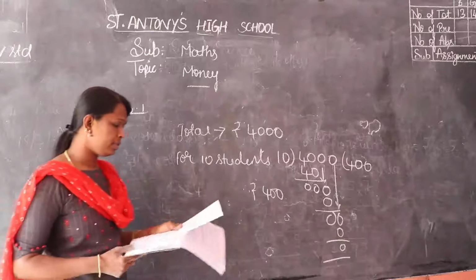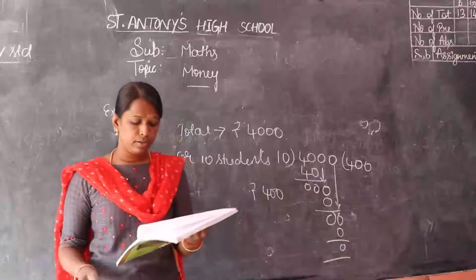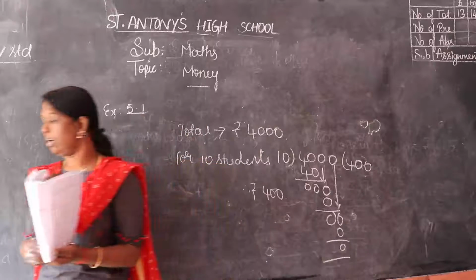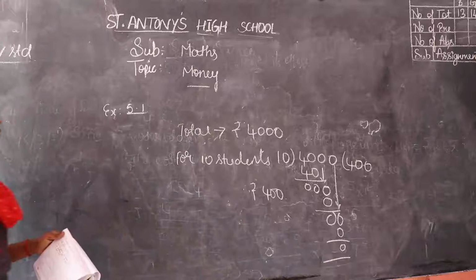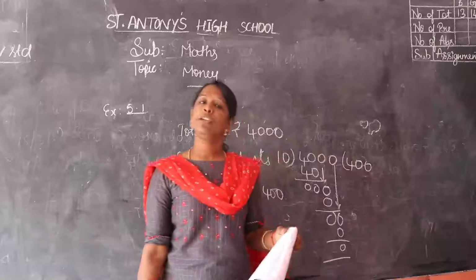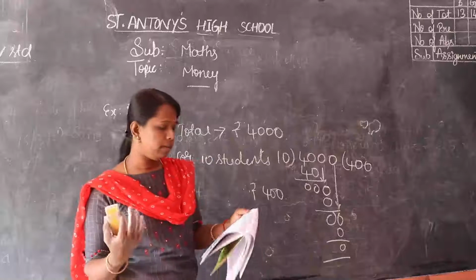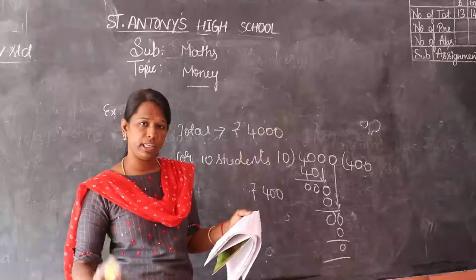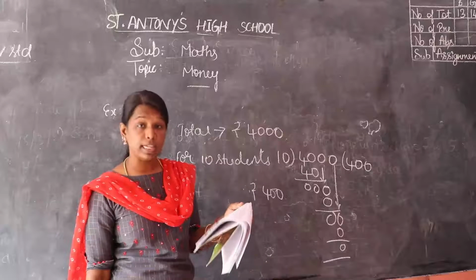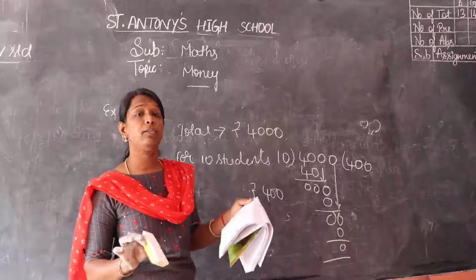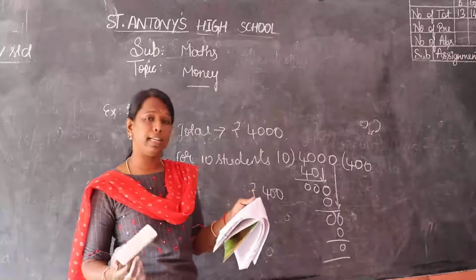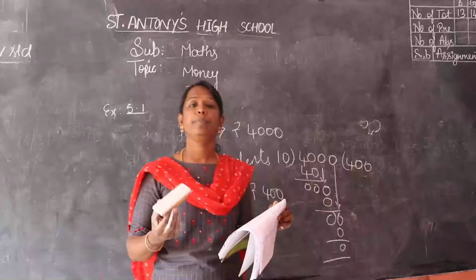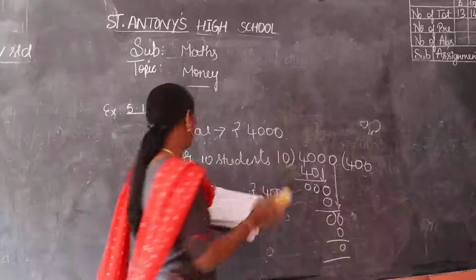Next, here are bills, children. Note the bill. The slip given to the customer by the shopkeeper with all the details is called a bill. For example, we buy our groceries in the shop, we receive a bill. The bill includes all the details of the things we purchased, it may be quantity and then amount. So that is called a bill.